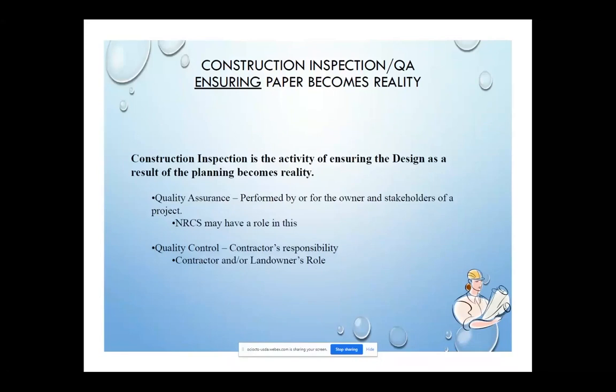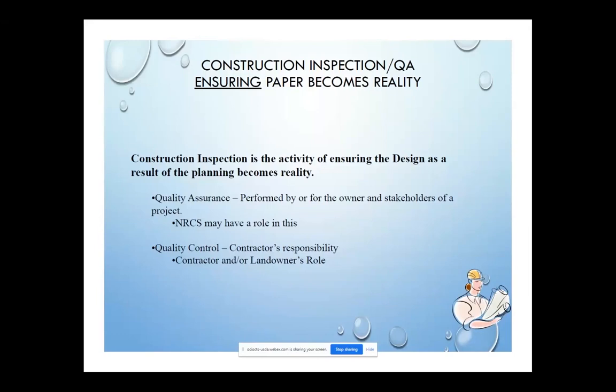So back to what is construction inspection and quality assurance. Construction inspection is, again, the activity of ensuring that design and planning becomes a reality. NRCS may have a role in quality assurance. There are sometimes that we don't have a role, and the landowner has to prove to us that the contractor